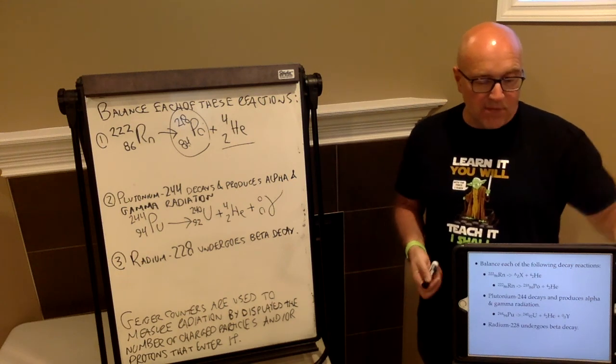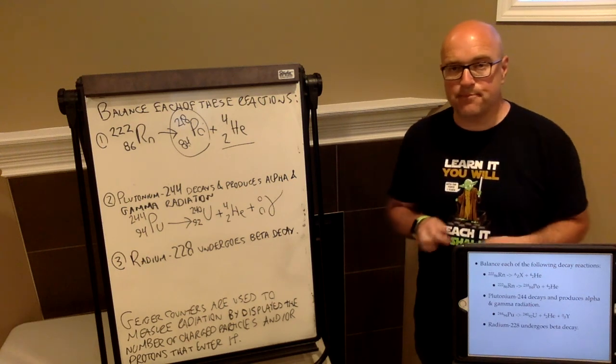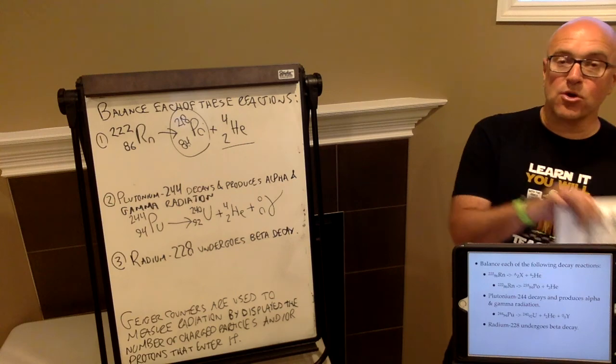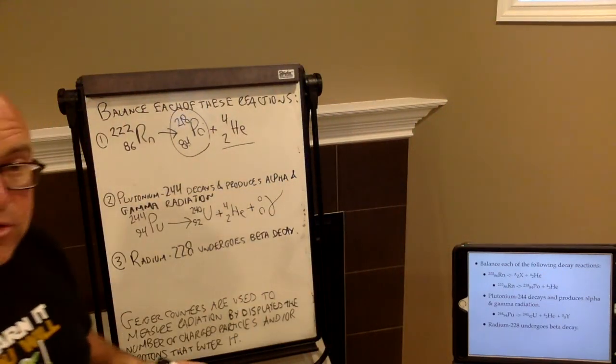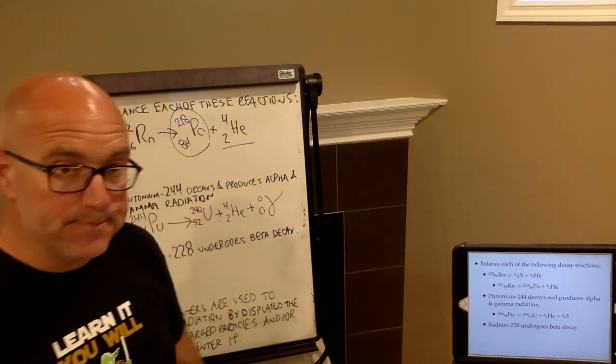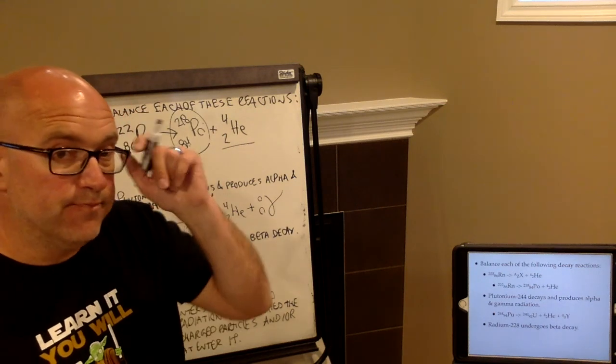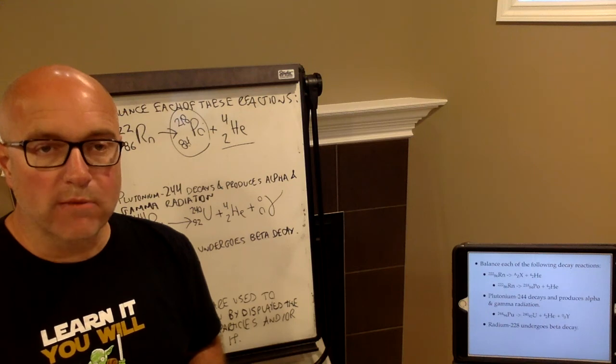One more word equation. I got radium-228 that undergoes beta decay. See if you can balance out and write that equation down, the actual chemical equation, using nuclear notation. In 3, pause me if you need to, 2, 1,